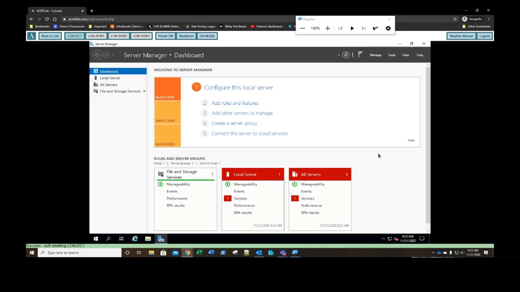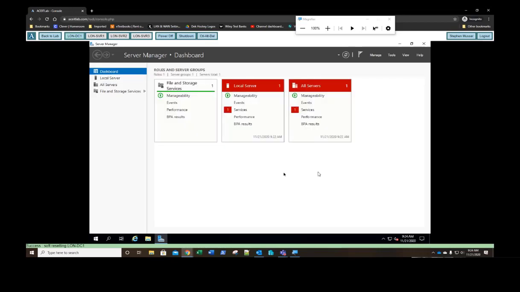The first time you log in, it doesn't matter whether it's a local server, whether it's a domain controller or whatever, you're going to see this Welcome to Server Manager. Now you can click on the links in here, but you know what? That just clutters up the screen. I'm going to click Hide. Now that's my personal preference. If you want to leave that there, that's fine. The first thing that we need to do,